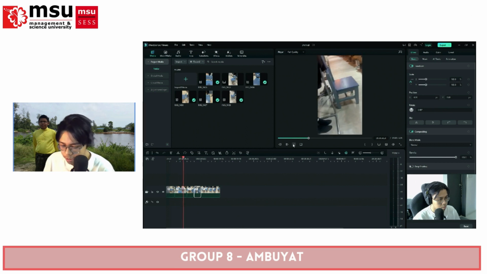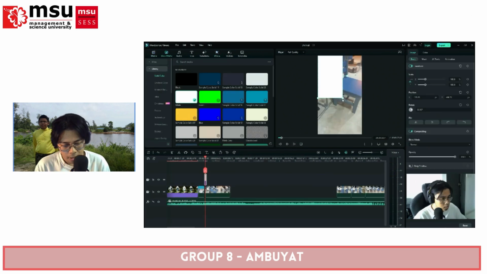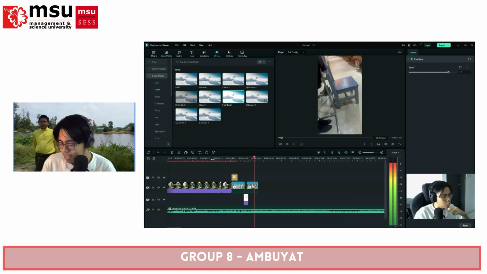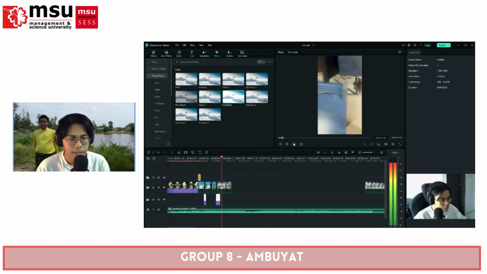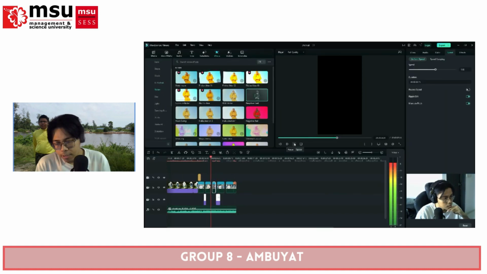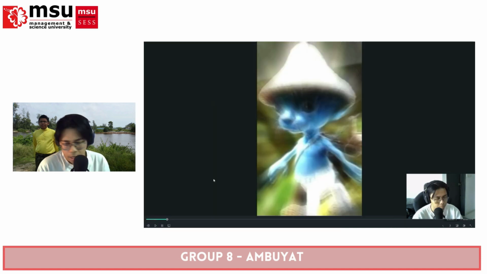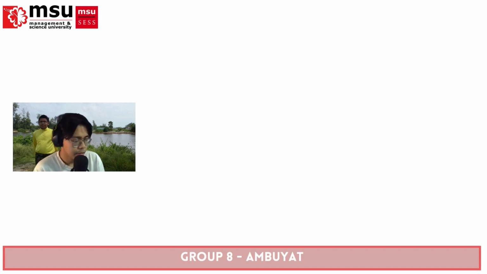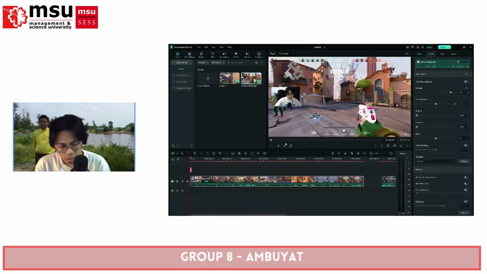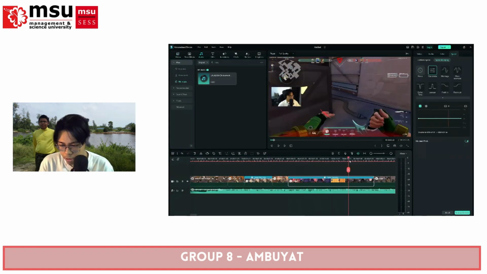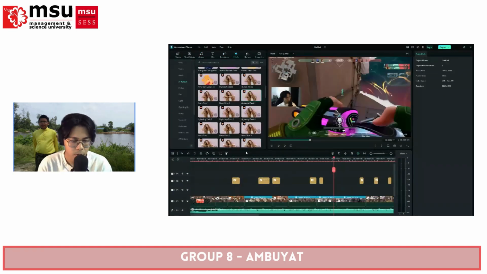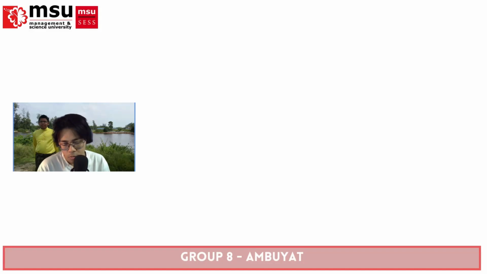So basically, in the editing scene, I just cut to the good parts, to the nice parts, and I use speed ramp to emphasize on the movement of the camera. And I use elements such as filters, AI portrait, and also audio. And for the second one, I edit my gaming video. I use the same concept but using a more digital approach, using the same tools, which is Filmora. One is YouTube and one is TikTok.